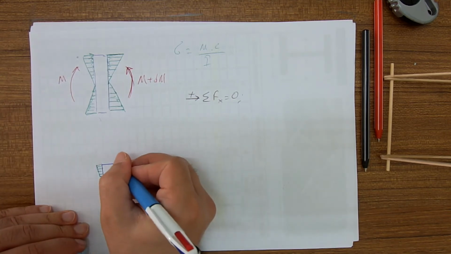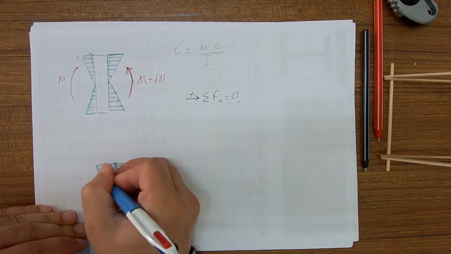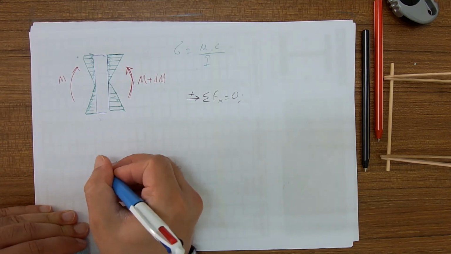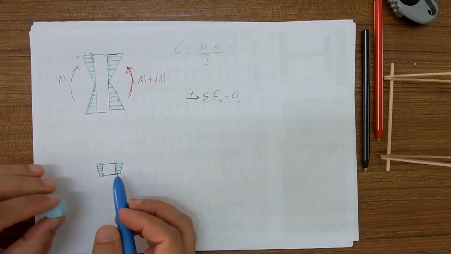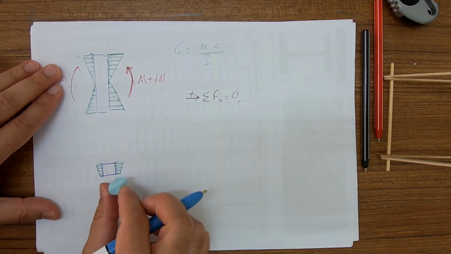Now forces this direction, stresses this direction, and stress on the left. You think this structure can be in equilibrium